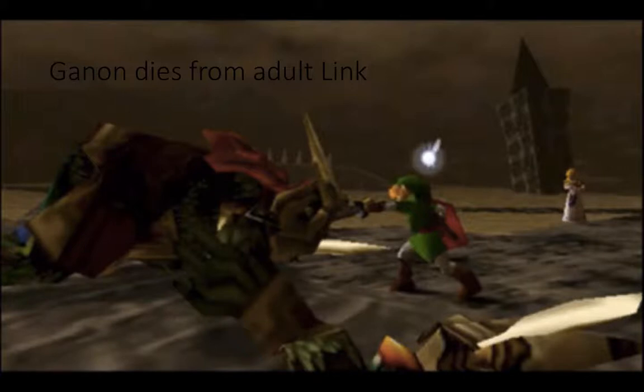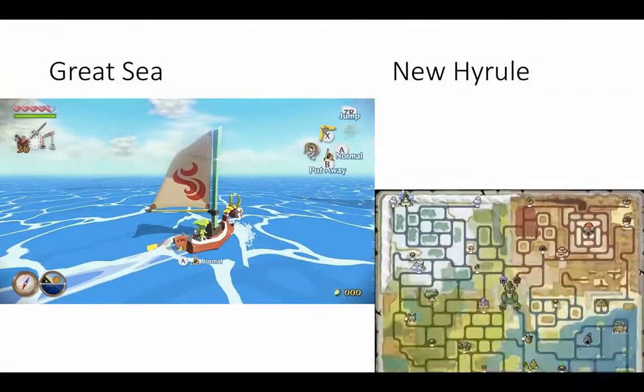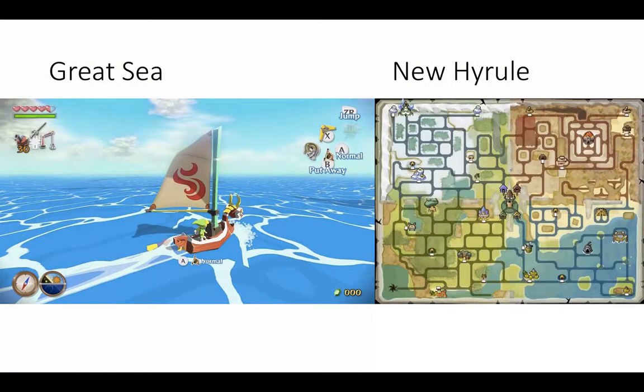After that, he then travels back in time to his childhood, and because he is absent, Ganon breaks the seal. Because of that, the gods then flood Hyrule and create the Great Sea, which has a bunch of islands that used to be the mountaintops of Hyrule, where a reincarnated version of Link then appears and kills Ganondorf with the help of Zelda and the sages